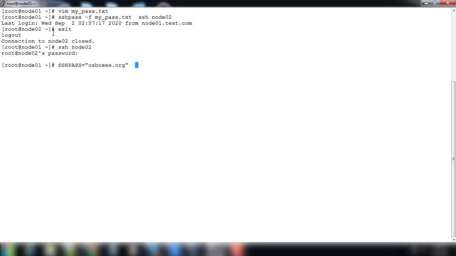Then use sshpass -e, so that it will read the password from this variable, then ssh node02. Here we are storing our password in the variable SSHPASS and using the -e option.